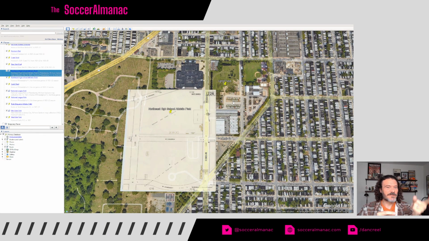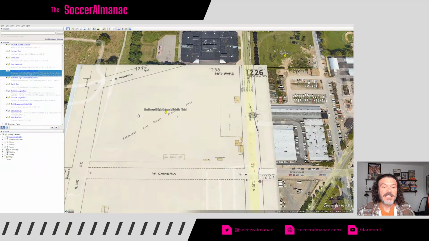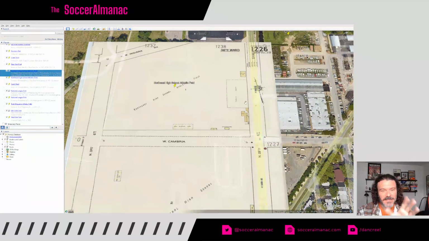It wasn't just one field or two. There was a bunch of different ones. So as I'm doing research, I'm figuring out which field they played at. So first 3 games of the 1921-22 season, Philadelphia FC played here at 29th and West Cambria, even though they called it 29th in Clearfield. It's just the terminology at the time.